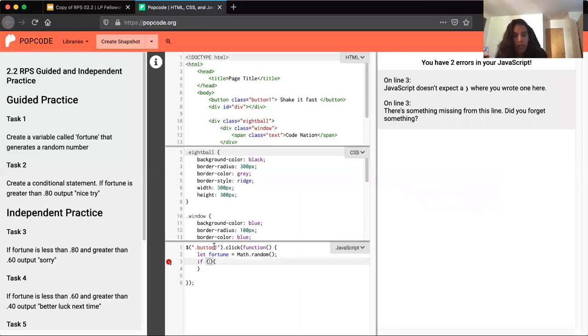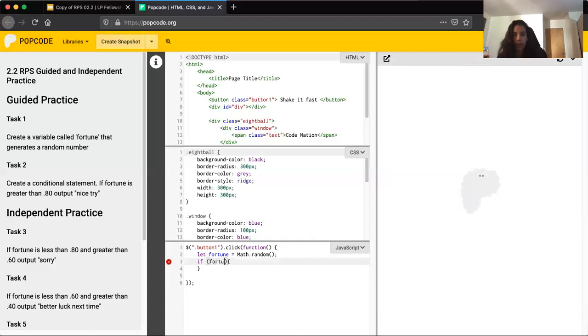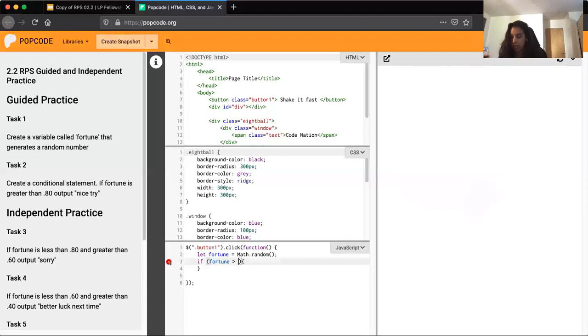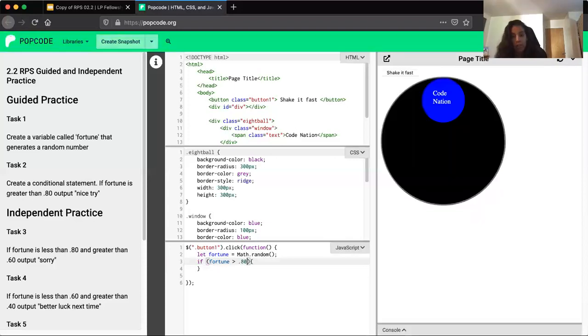So let's start there. So if fortune is greater than 0.80, you've already defined what fortune contains in line 2, so you can actually just simply write if fortune is greater than 0.80,